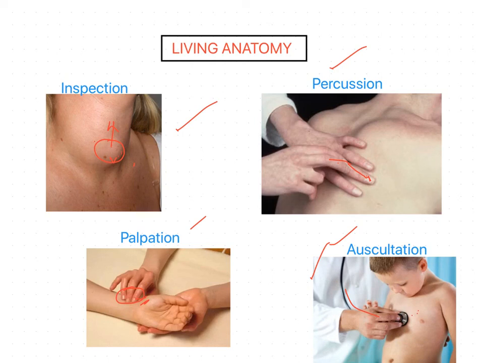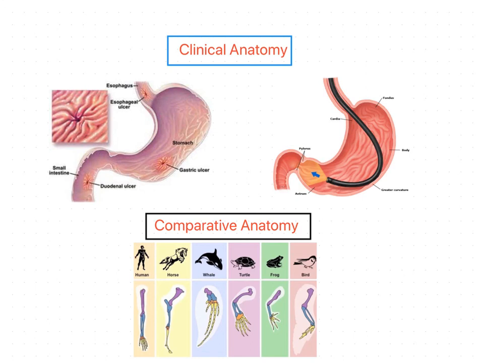And the next method is the clinical anatomy. Next division of the anatomy is the clinical anatomy, the application of anatomical knowledge in the diagnosis and treatment of patients by medical or surgical methods. For this also, a very good knowledge of anatomy is required. Surgical anatomy is the study of structures giving emphasis on its direct practical significance in the practice of surgery.